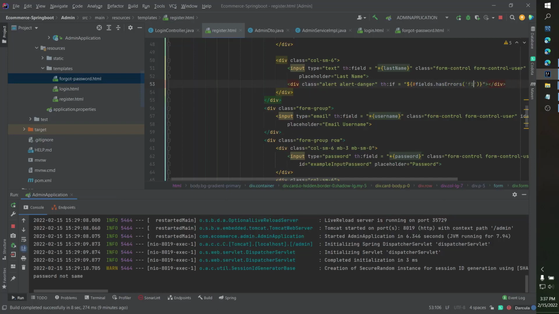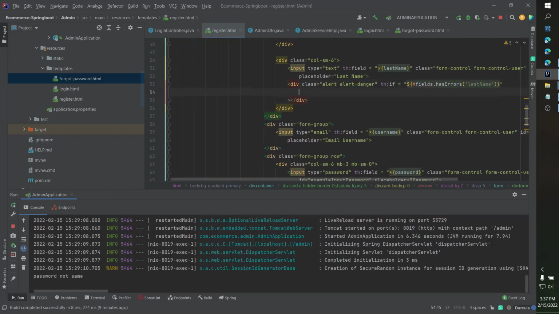So we need to use th:if here and th:errors equal